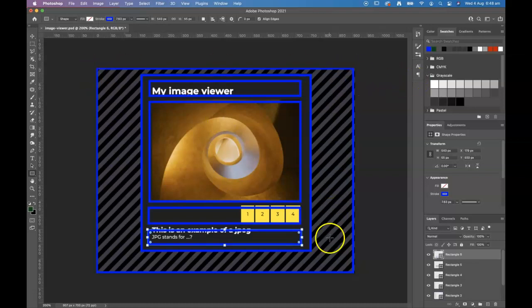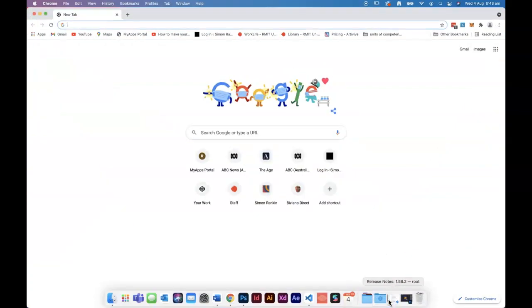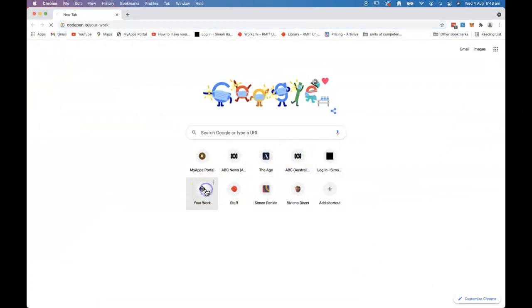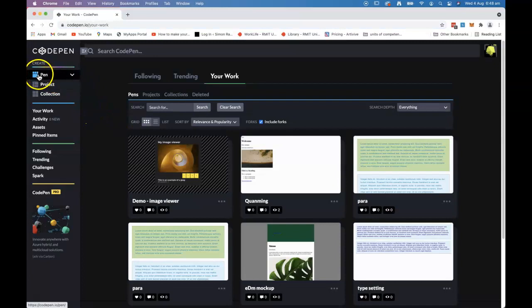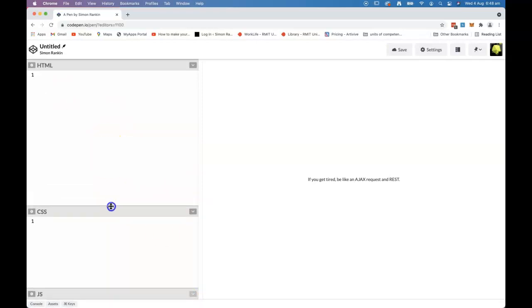So you can see the kind of nested structure of our HTML elements, starting with the body. We've got this kind of wrapper element and then a bunch of other elements stacked on top of each other there. Let's go ahead and build that, and I'll try and work pretty quickly. Let's grab a new Codepen. Okay, here we are in Codepen, and we'll start with